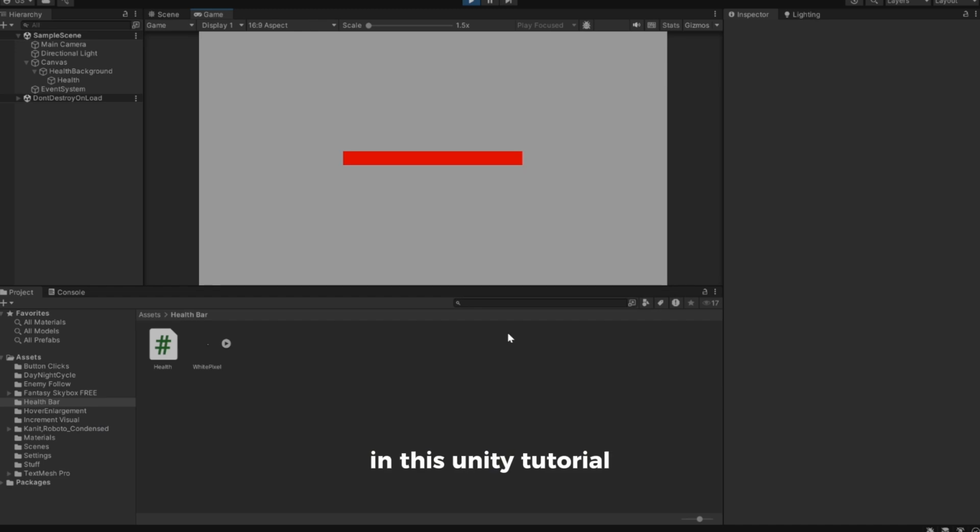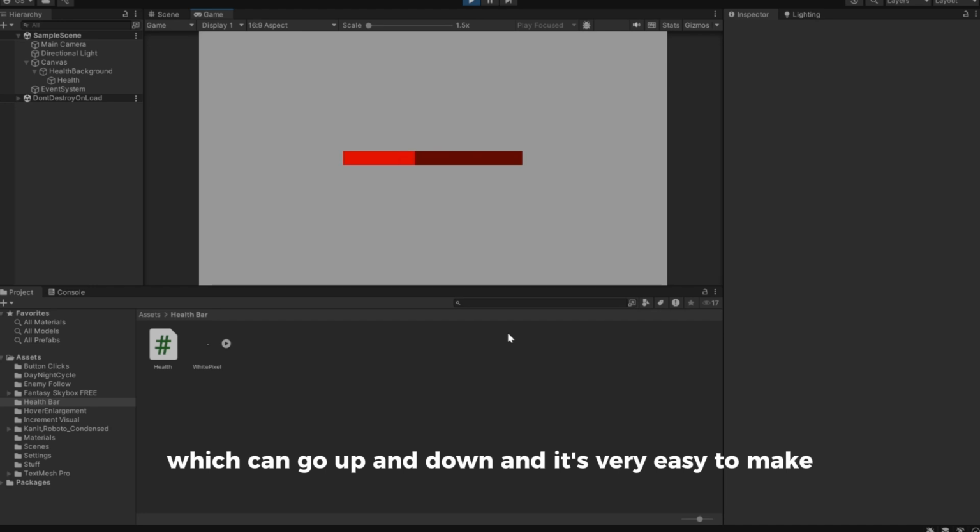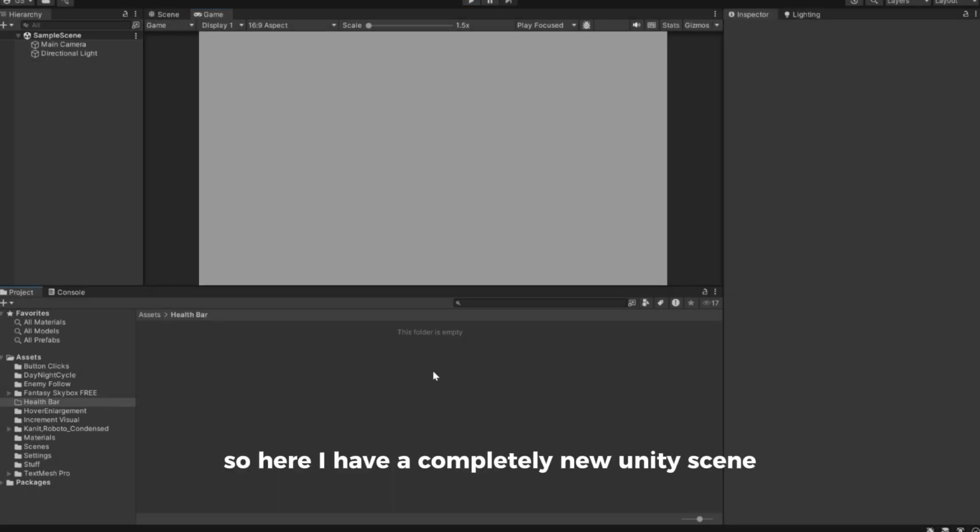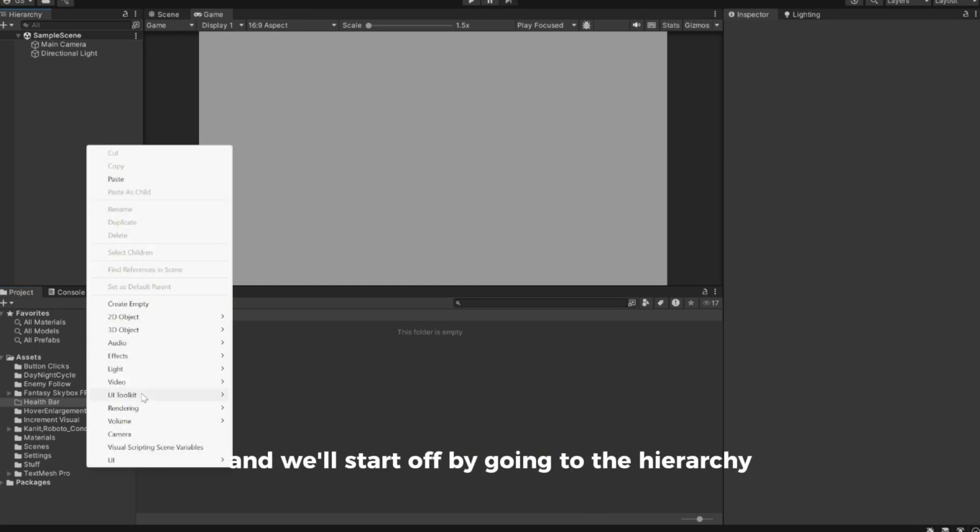In this Unity tutorial I will show you how to make this health bar, which can go up and down, and it's very easy to make, so let me show you how to do it. So here I have a completely new Unity scene, and we'll start off by going to the hierarchy,